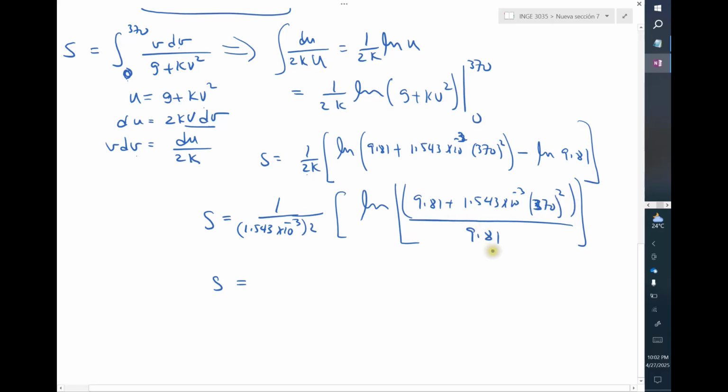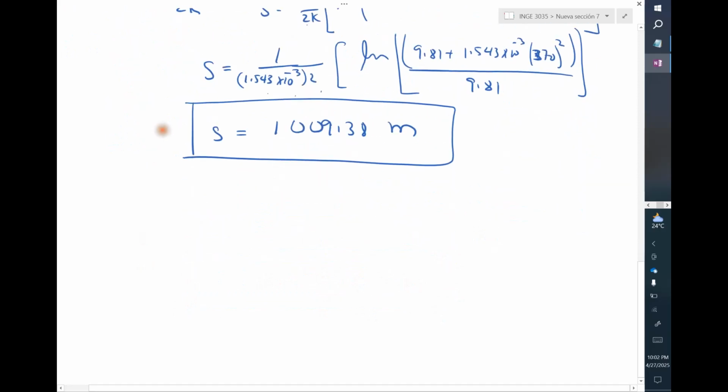Now divide by 9.81, close that parenthesis, by the log of that, divided by 1.543 times 10 to the minus 3 divided by 2, and the final distance is s equals 1009.38 meters. Bingo. So what that means is that the bullet, when it's fired, as demonstrated for the first part,